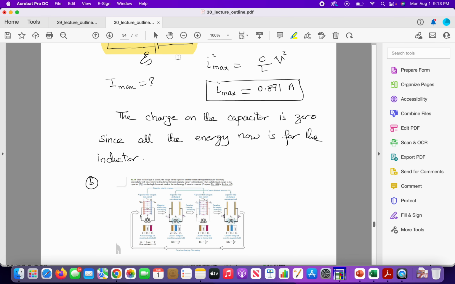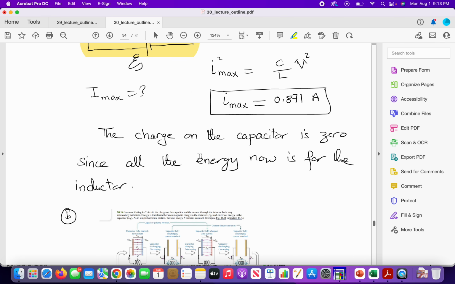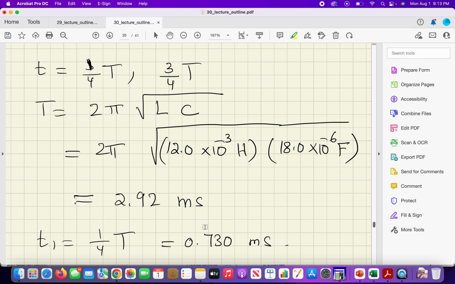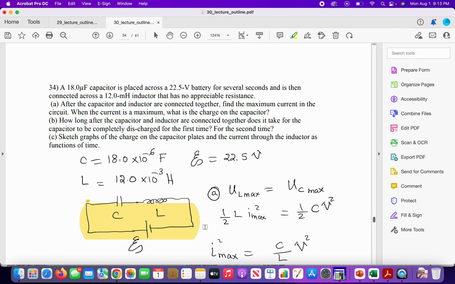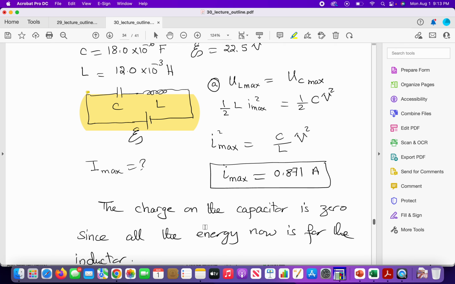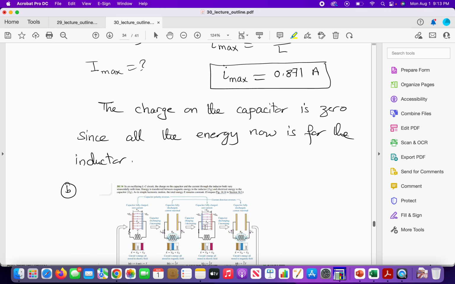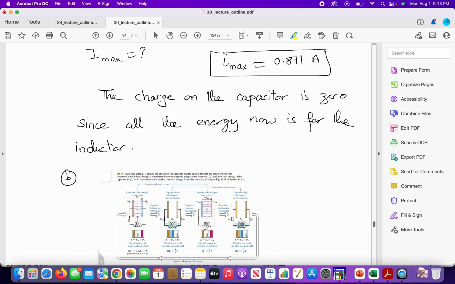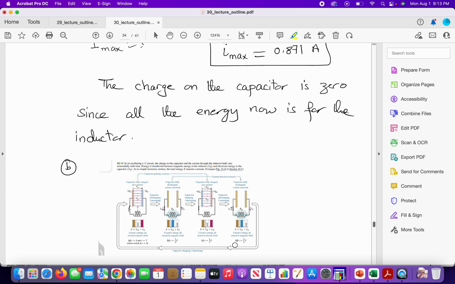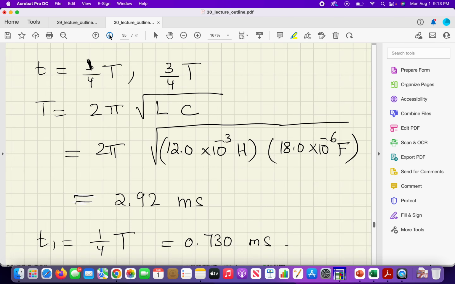If you look at these numbers, this is here 1/4 T, and here is gonna be 3/4 T, and therefore we know that this is really the time,